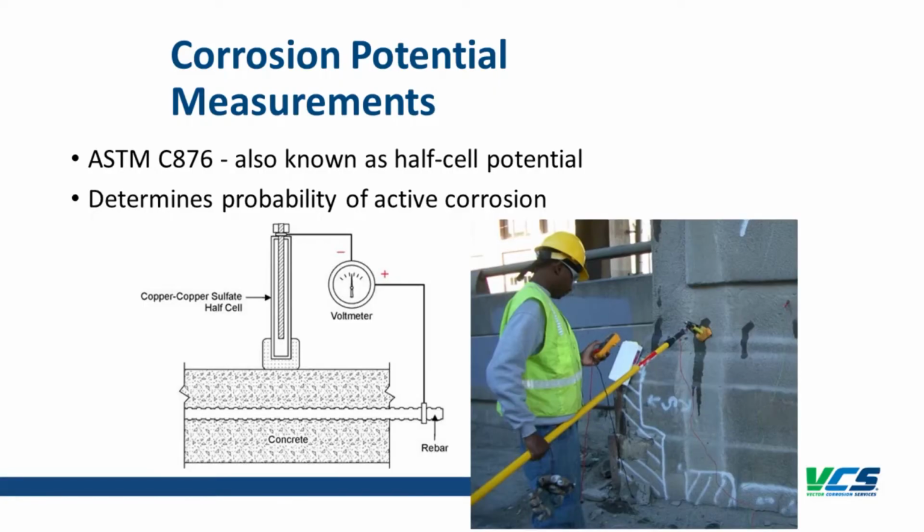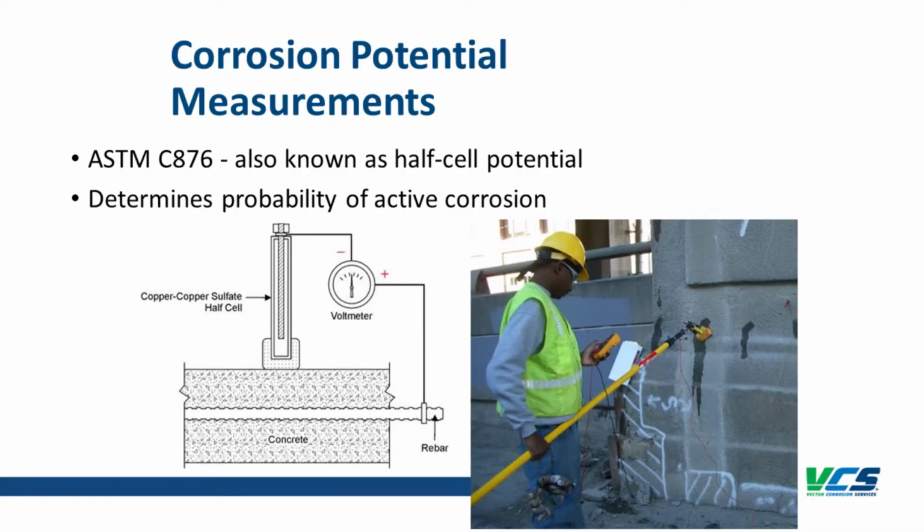So the first thing that I'll get into is corrosion potential measurements, also known as half-cell measurements. This is covered by ASTM C876, and this determines the probability of active corrosion in a reinforced concrete structure. What we're doing here is we have a reference electrode, and we're measuring the potential of the reinforcing steel versus that reference electrode. So it's just the reference electrode connected to a multimeter and then connected to the reinforcing